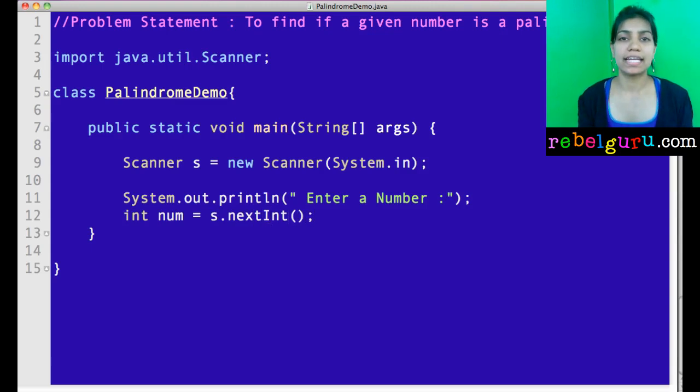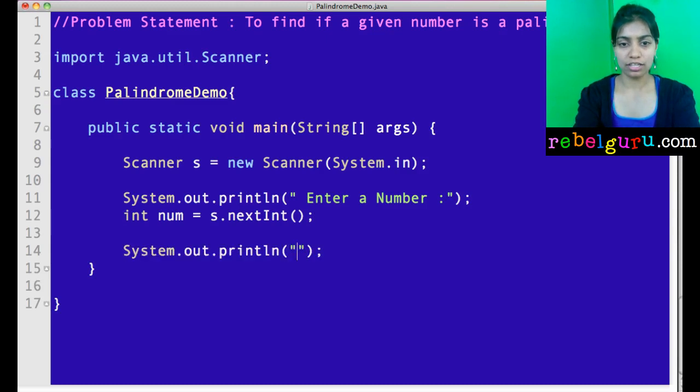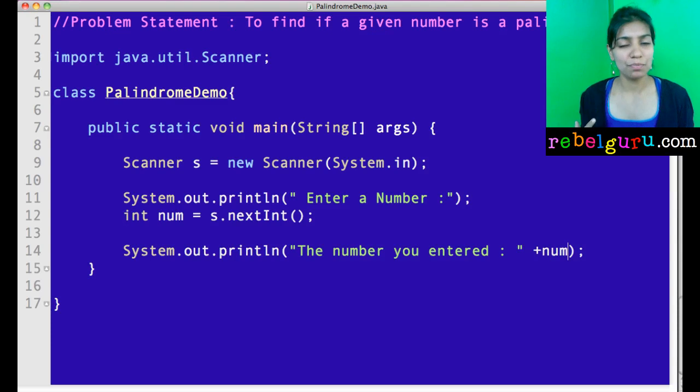It has only taken the input so far. Just to check if I've gotten the code right so far, I'll just write the number you entered is num. Okay, fairly simple. Just accepted input from the user, stored it in a variable called num, and now displaying it.